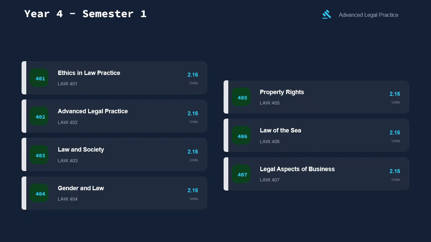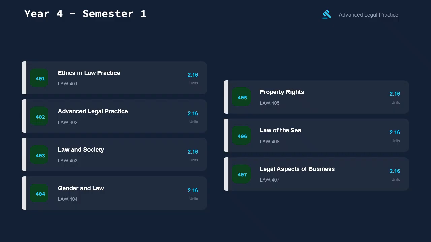Reconciliation efforts: legal reforms to address historical dispossession and promote equity. Real-life example: in Mabo v. Queensland (No. 2), 1992, the Australian High Court recognized native title, overturning the doctrine of terra nullius and illustrating property law's capacity for reform. Practical application: